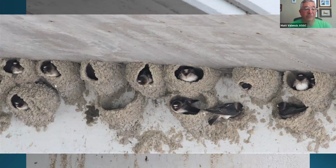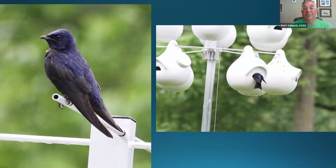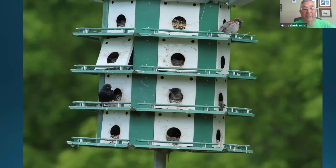But these will be right next to the water because, again, they catch insects on the wing, as do purple martins. But purple martins will be more in the farmlands. There's plenty of insects in the agricultural areas. And we have a lot of Amish farms in Geauga County. And almost all of them have some kind of a structure, more of a multifamily dwelling like this that they can raise and lower and clean out, especially because of this guy up here in the corner. Everybody knows the house sparrow, an unwelcome guest,